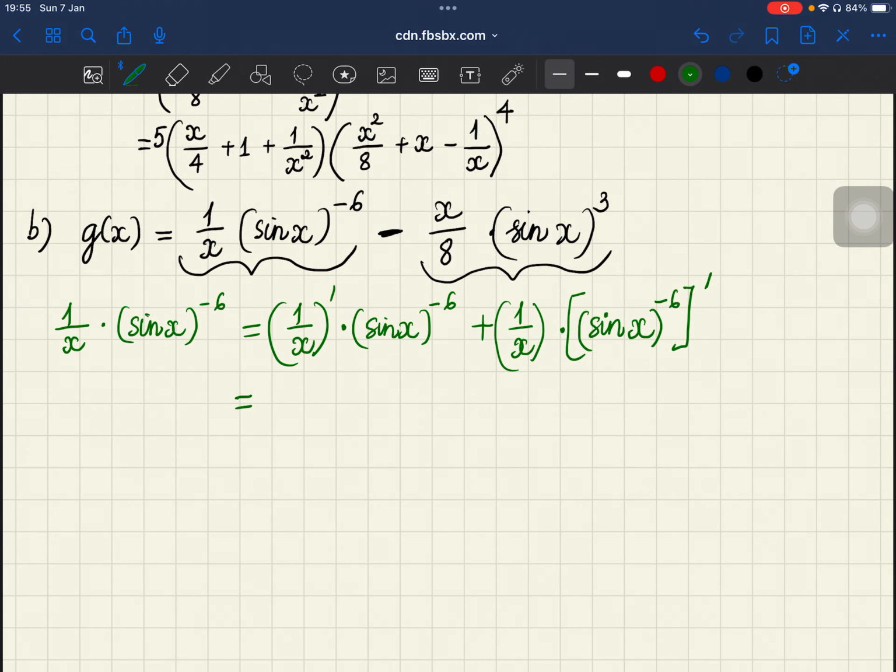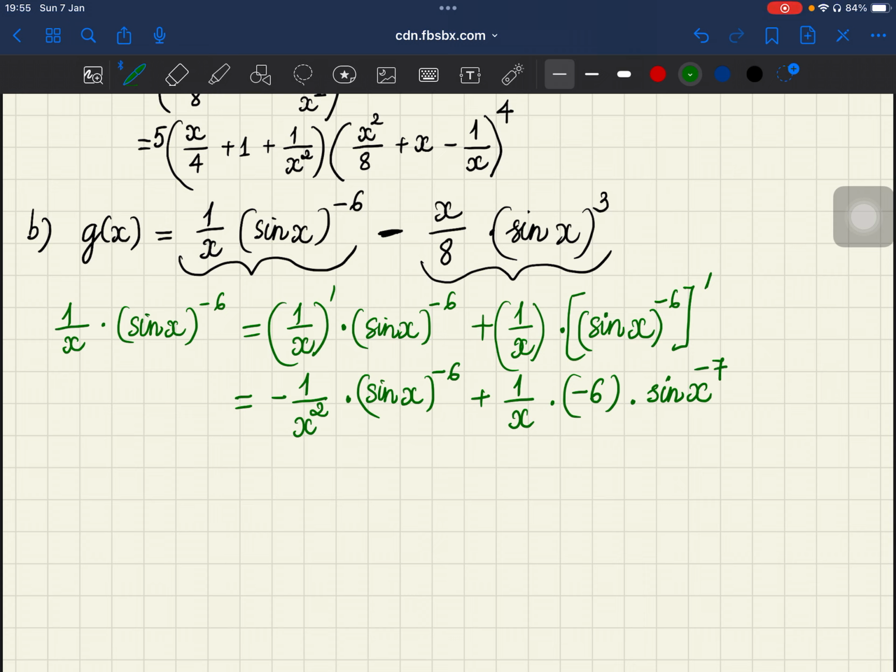So we'll have here negative 1 over x squared multiplied by sine x to the power negative 6, plus 1 over x, and we have here negative 6 multiplied by sine x to the power negative 7 and cosine x. Okay,